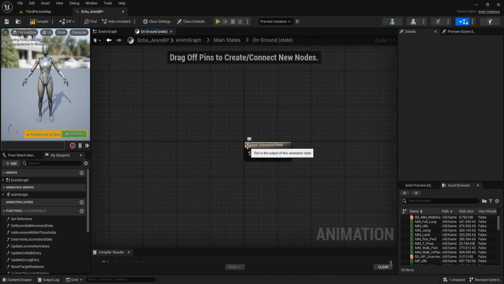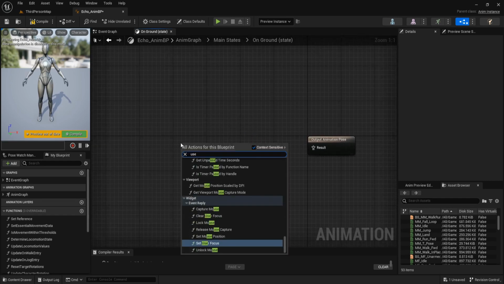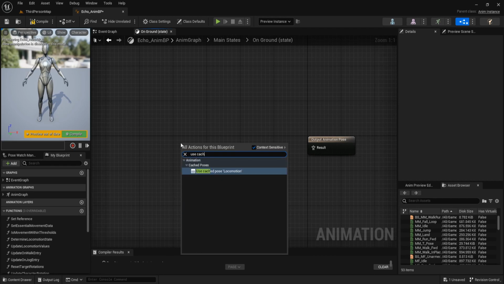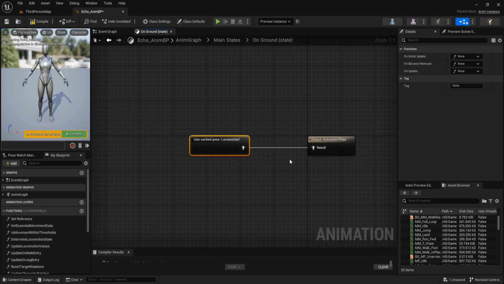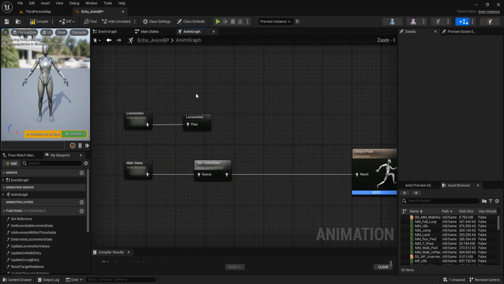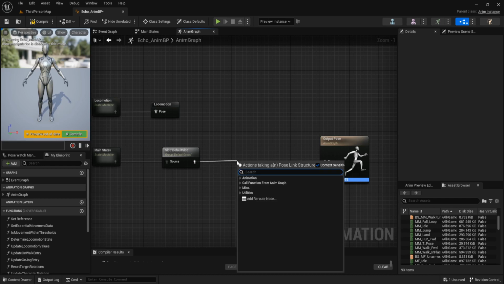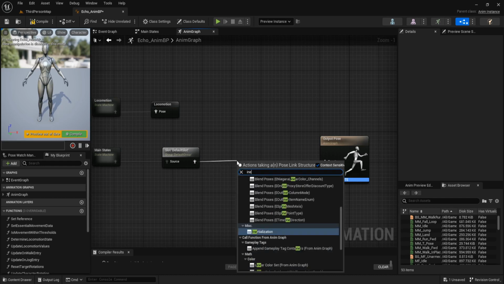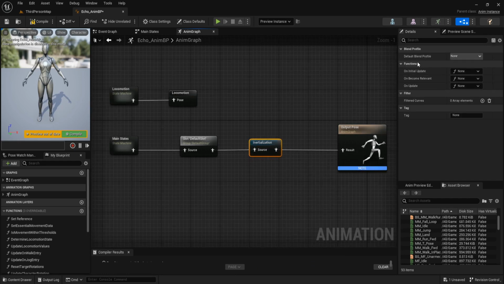Open it and call use cache pose locomotion. Connect it to output animation pose. After default slot, we call initialization filter curves, add element.